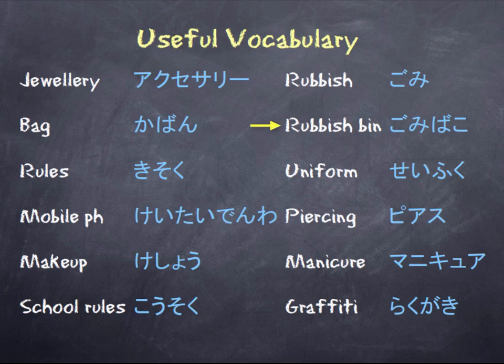Rubbish is gomi. Rubbish bin is gomi bako. Uniform is seifuku. Piercing is piasu. Manicure is manicure. And graffiti is